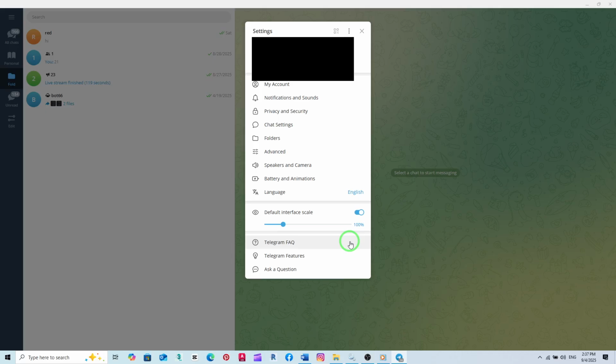This makes conversations feel smoother, reduces distraction, and may even help improve performance if your computer tends to lag during video or voice calls. It's a small adjustment, but one that can really improve your overall Telegram experience. So next time you're in a call, you'll notice a cleaner, distraction-free interface, allowing you to focus entirely on the